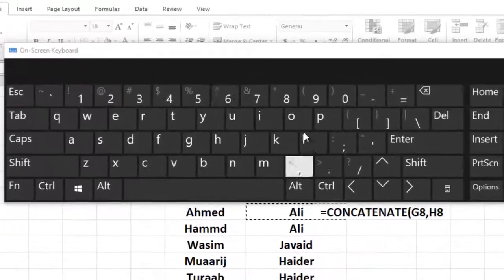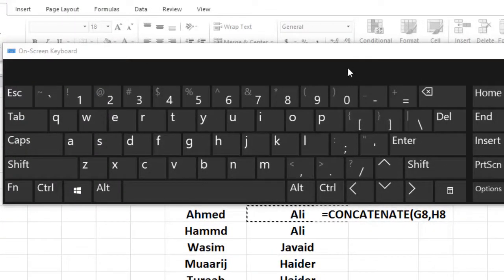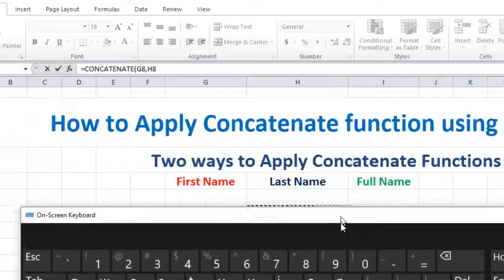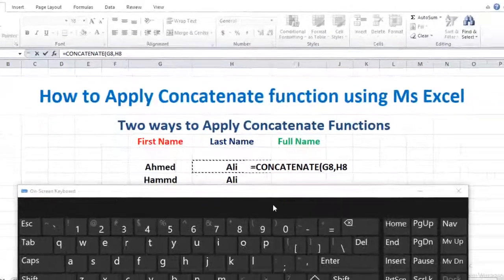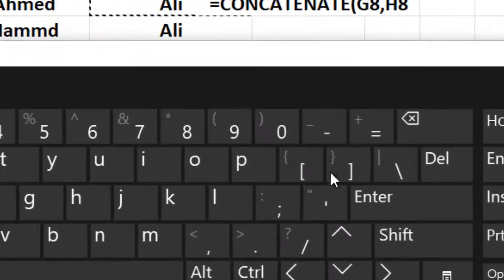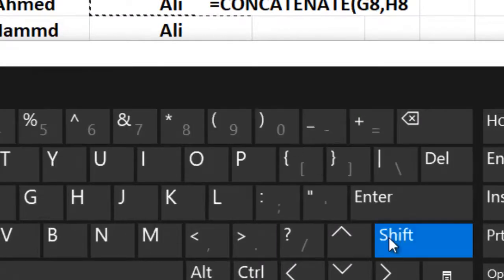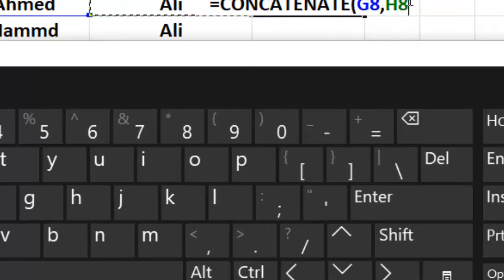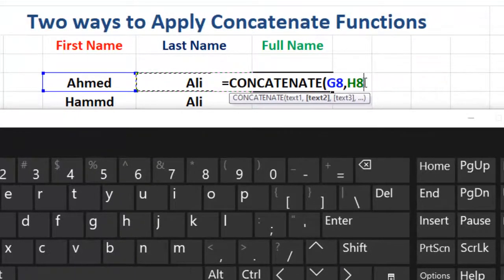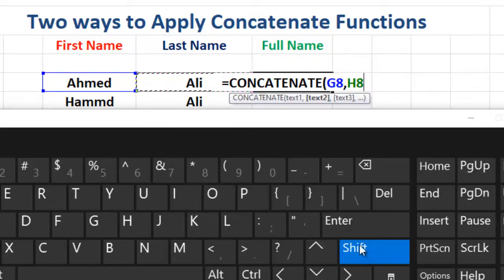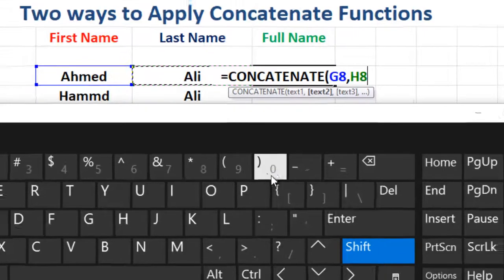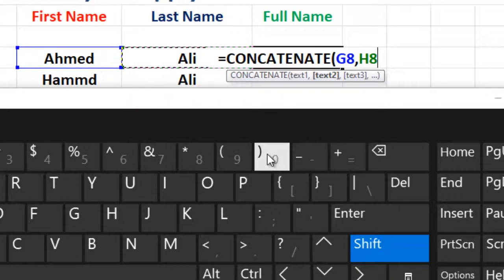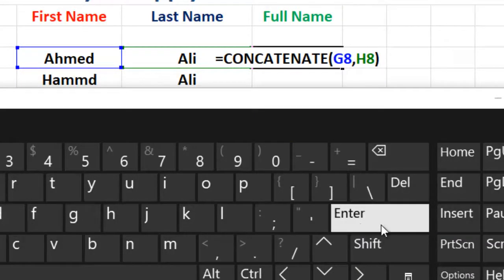This is my on-screen keyboard, and I will use it to teach you how to add this round bracket. I'm talking about these two buttons. Shift plus this button will add a round bracket. Press and hold the shift key and press 0 once. Done. And now you need to press enter.